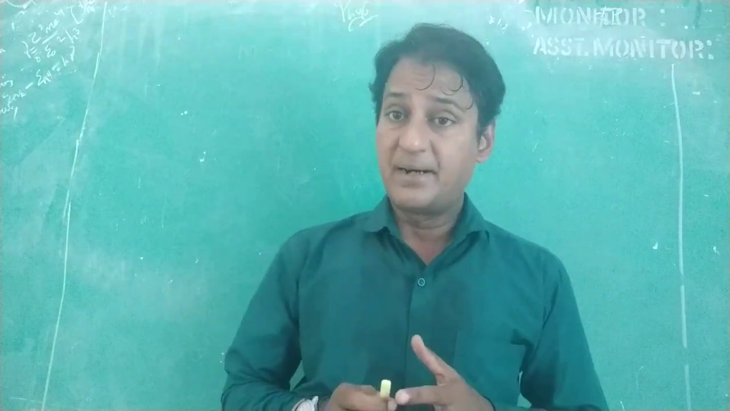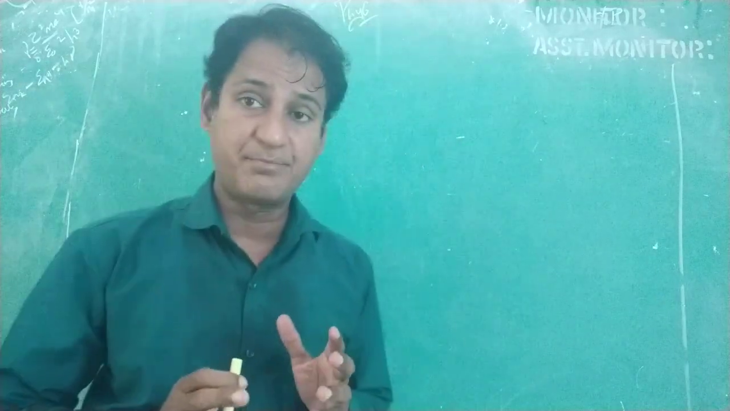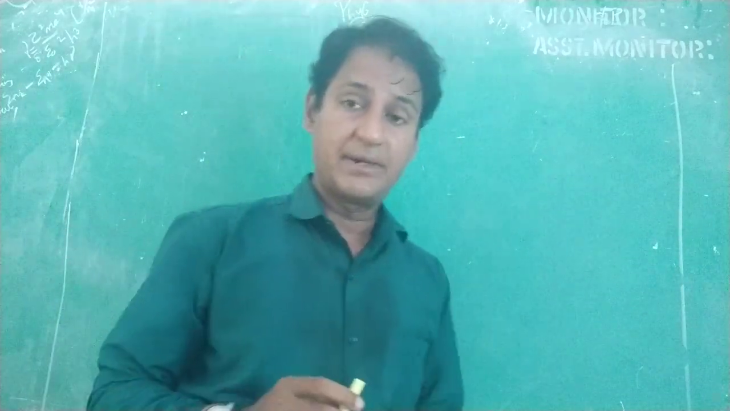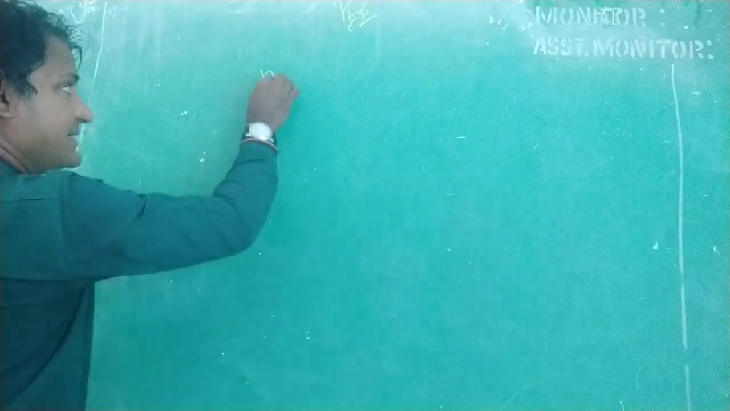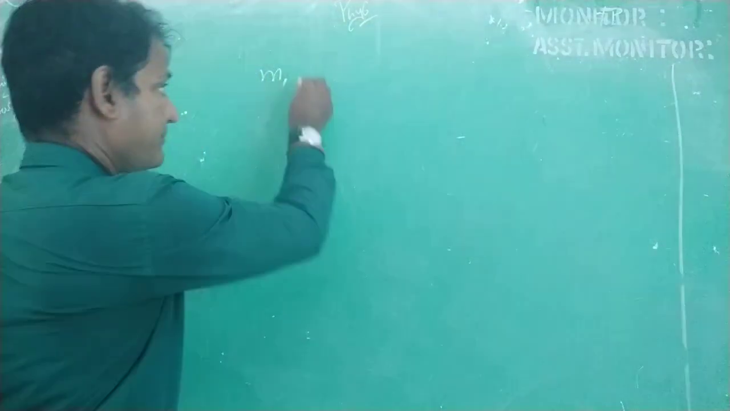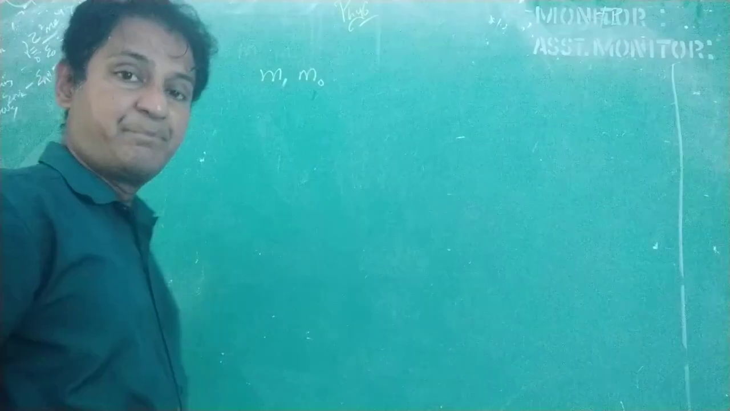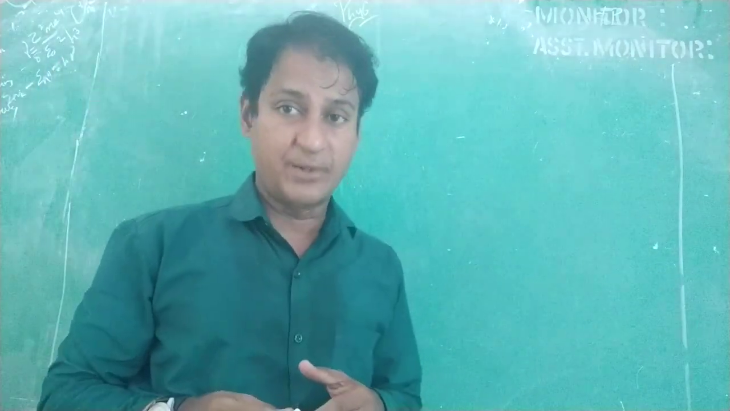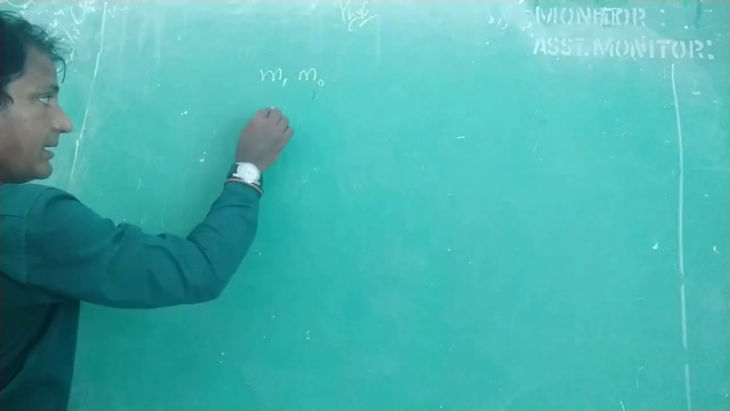Hi students, now we are going to see Einstein's mass energy relation, or Einstein's mass energy equivalence. So if m is the mass of a body which is moving with the velocity of light, m naught be the mass of the body which is at rest,